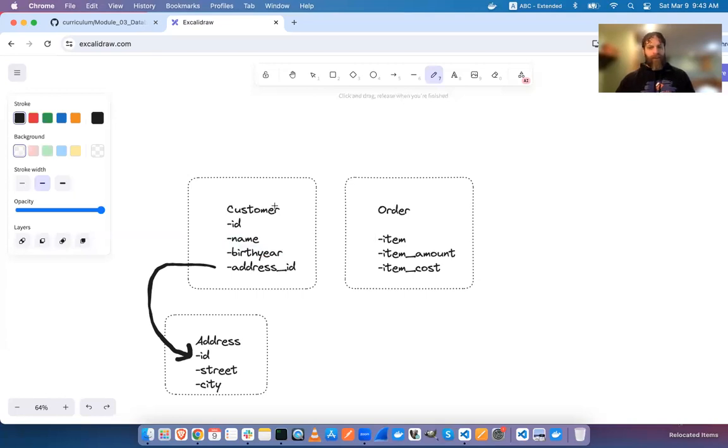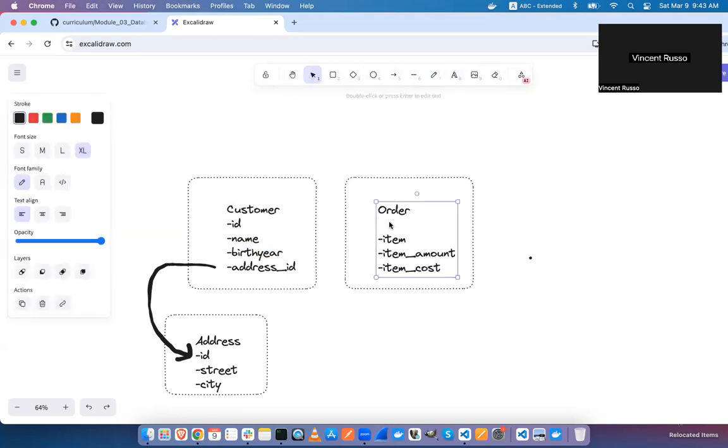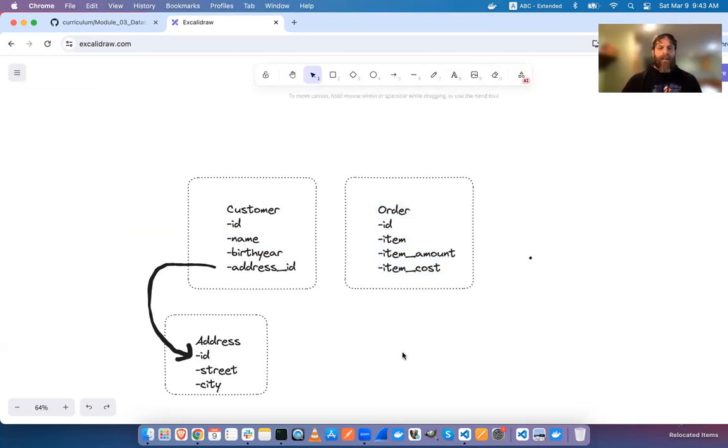Okay, and what about a customer and an order? The order would have a customer ID. So the order ID is pointing towards the customer, or there's a customer ID field in the order. Yeah, right. So if we have a specific order,